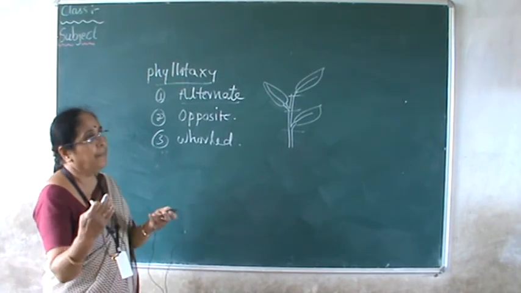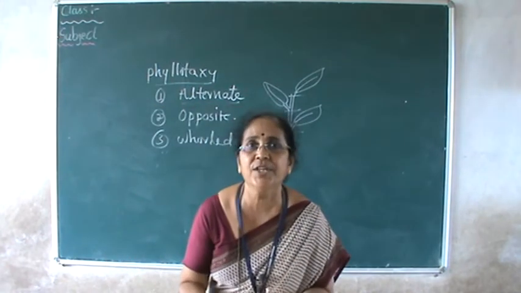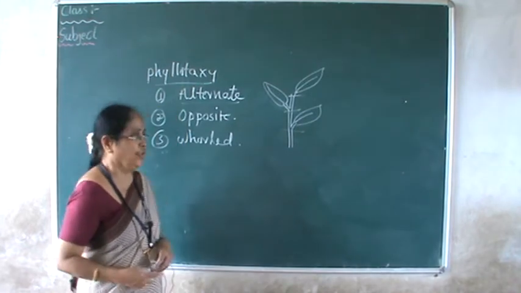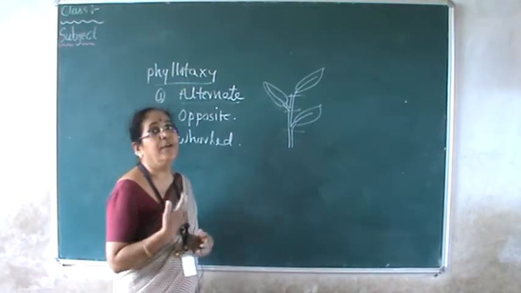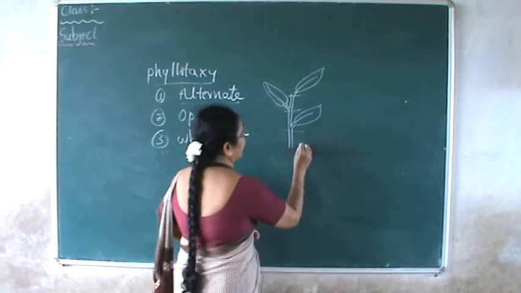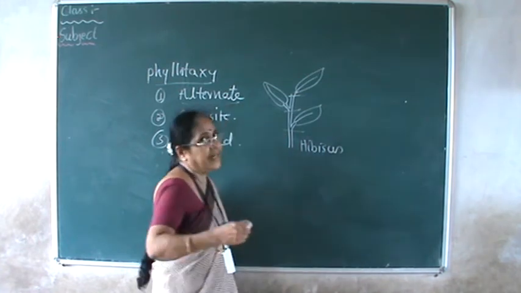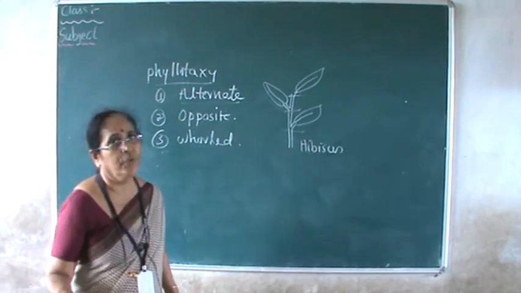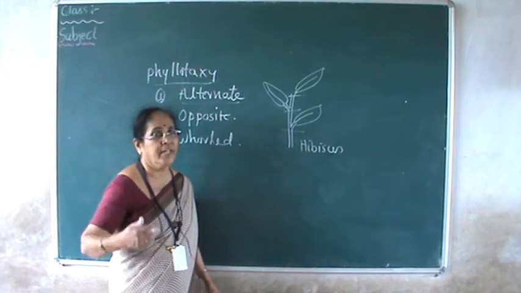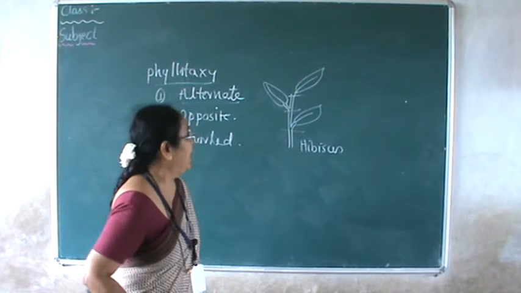That's the purpose. Plants are also so clever. They want to expose more and more leaves to the sunlight, harvest the radiant energy, and convert the radiant energy into chemical energy. That is the purpose of the arrangement of leaves over the stem. This is alternate phyllotaxy, which is found in mango or hibiscus. You can write any example which you have seen. If you know the names of the plant, well and good. If you don't know, you can ask me in the class or in the virtual class. I'll give the botanical name of the plant and you can write the exact examples.